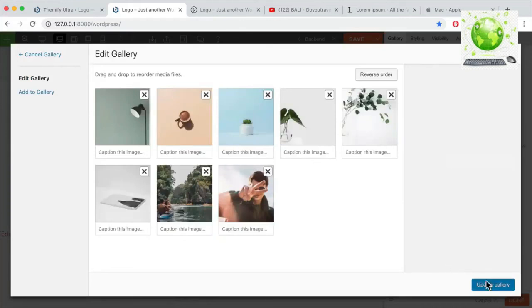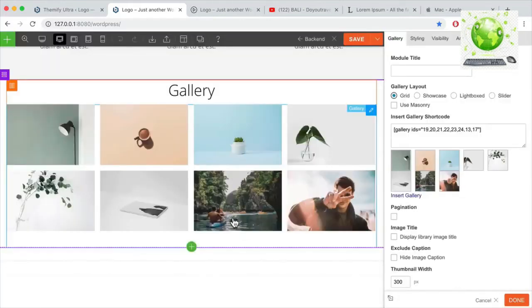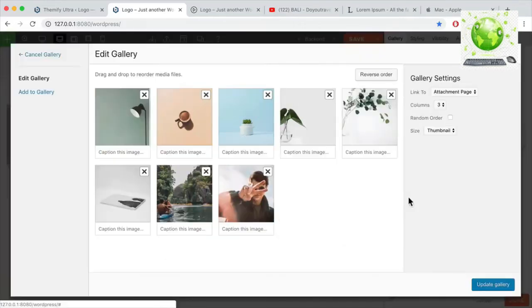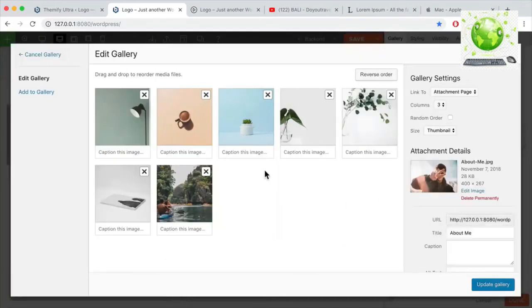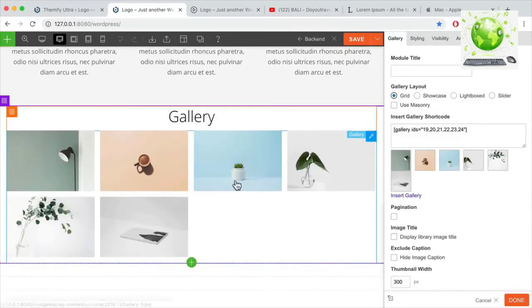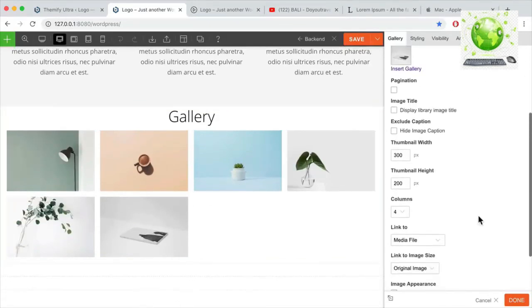So add to gallery, update gallery. So I think I added these ones by mistake, so insert gallery again. Just gonna delete these ones. Update gallery. All right, so we've got 6 images. So we're gonna scroll down here, and we're gonna